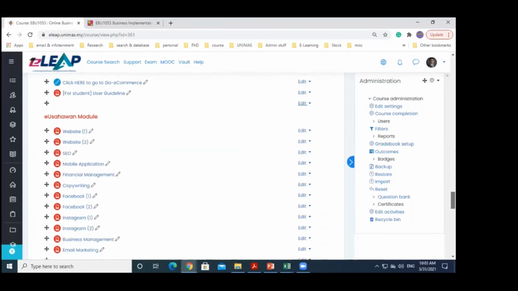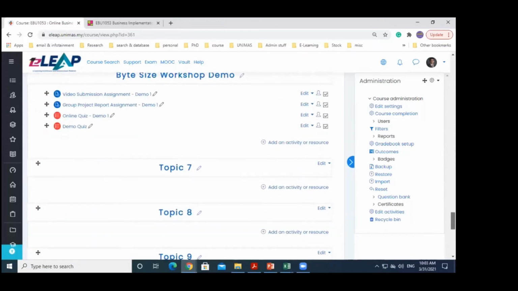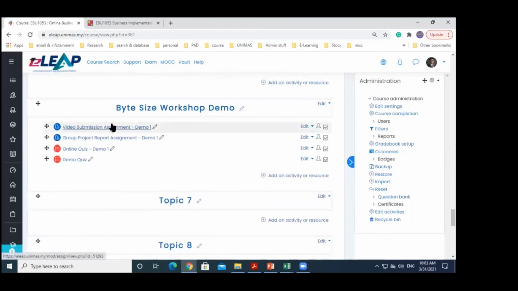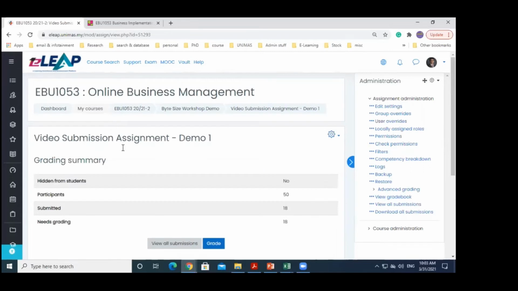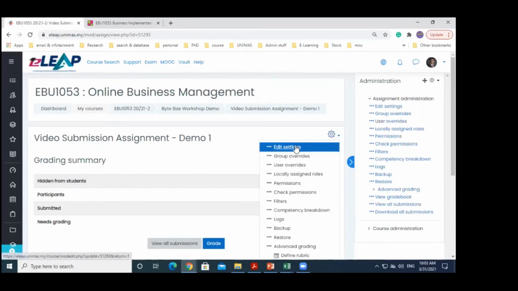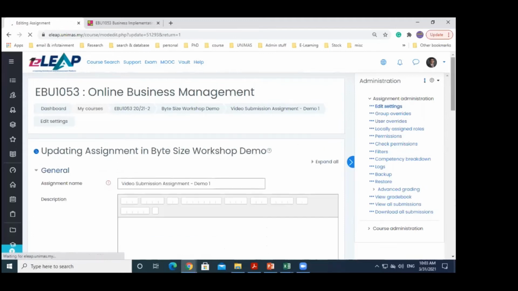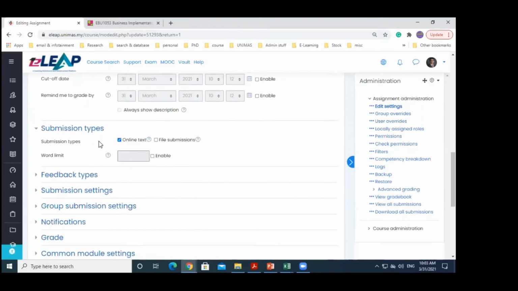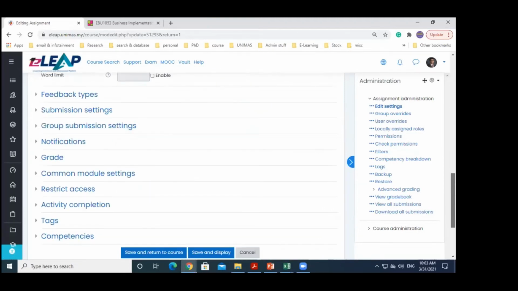okay, yang ni you kena ajar dia orang sikit lah. Okay, saya dah buat demo tadi. Okay, demo ni. Contoh, if you want students to submit video, dalam setting ni, instead of file submission, you letak online text. Jangan letak file submission. Okay, you click online text. Okay, and then